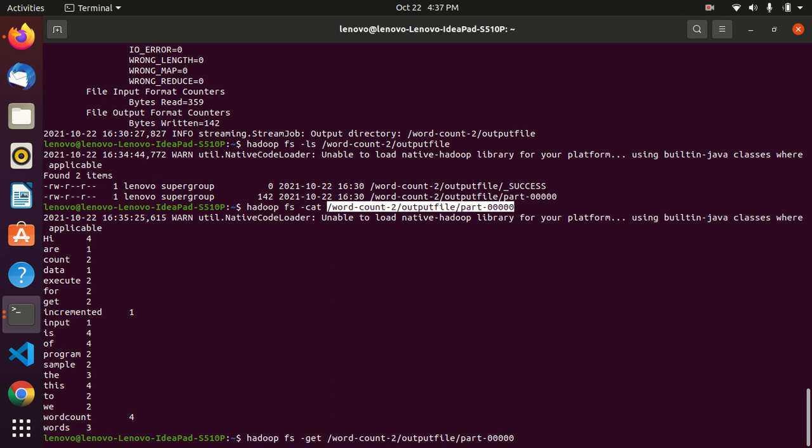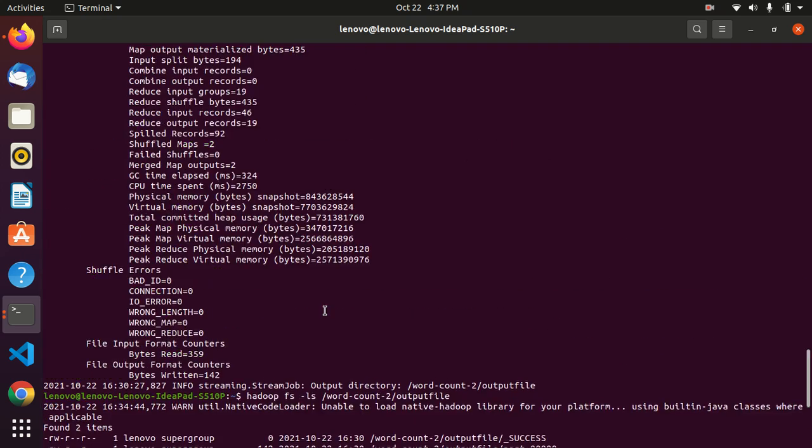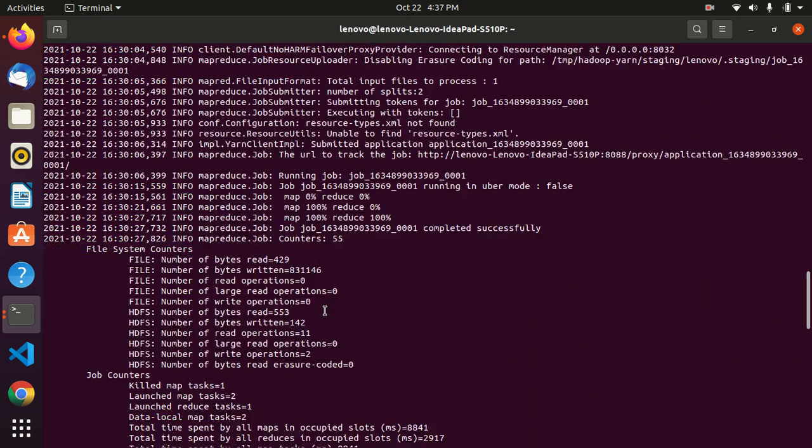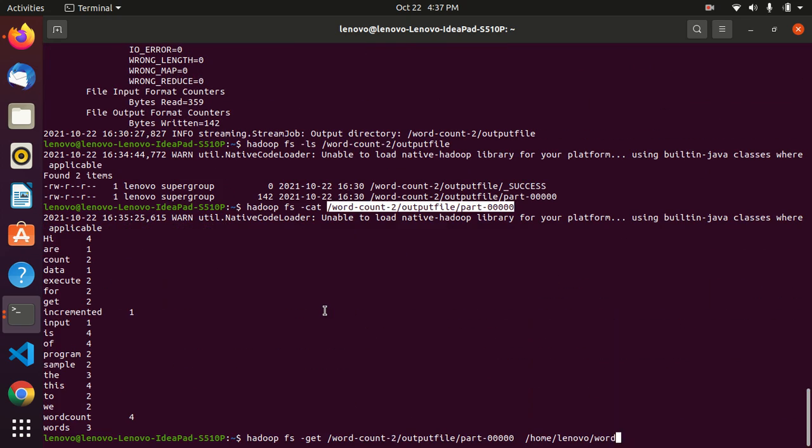And here we need to mention where we need to store. This is our destination location, that is in our home directory, home slash lenovo slash wordcount. In the wordcount directory we want it.